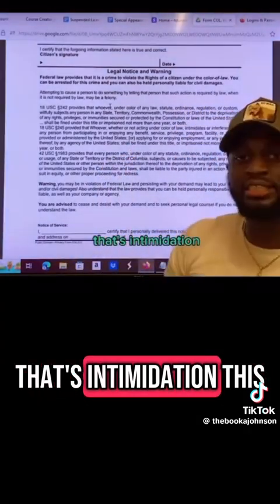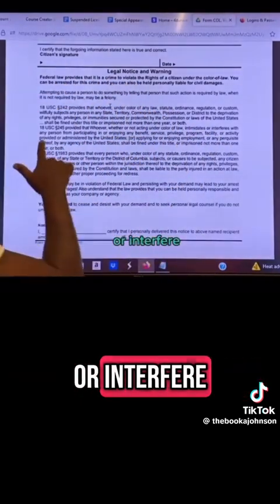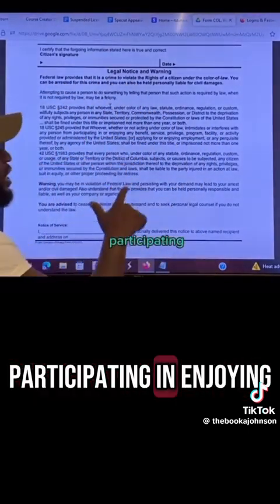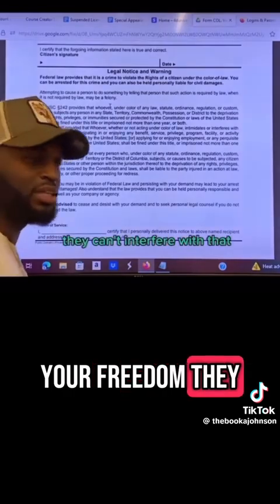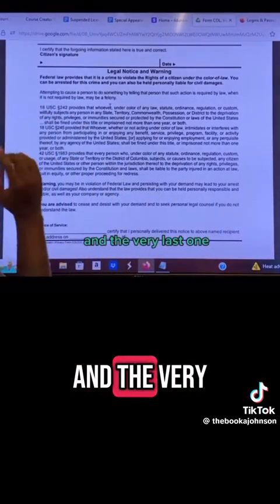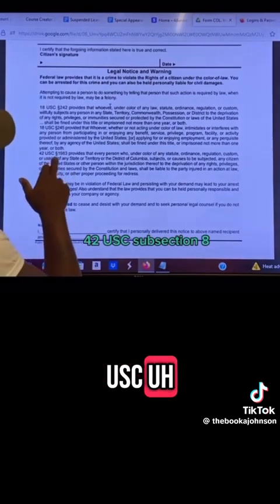That's intimidation. This law says that they cannot intimidate or interfere with any person participating in and enjoying any benefit of life, your freedom. They can't interfere with that. And the very last one, 42 USC,